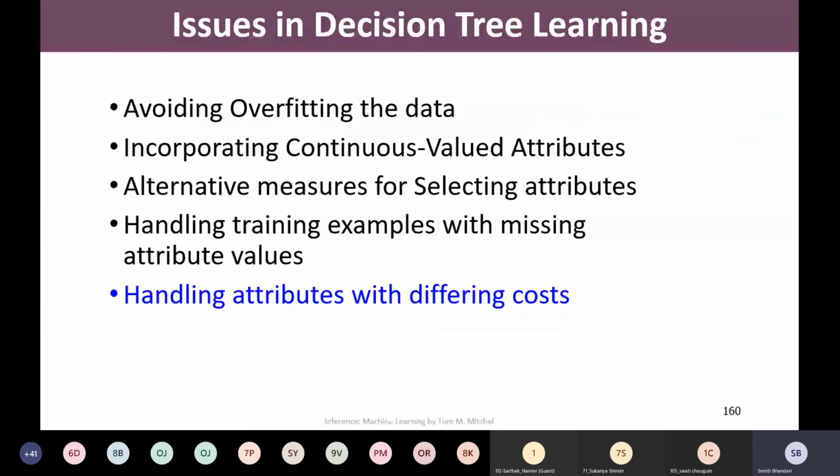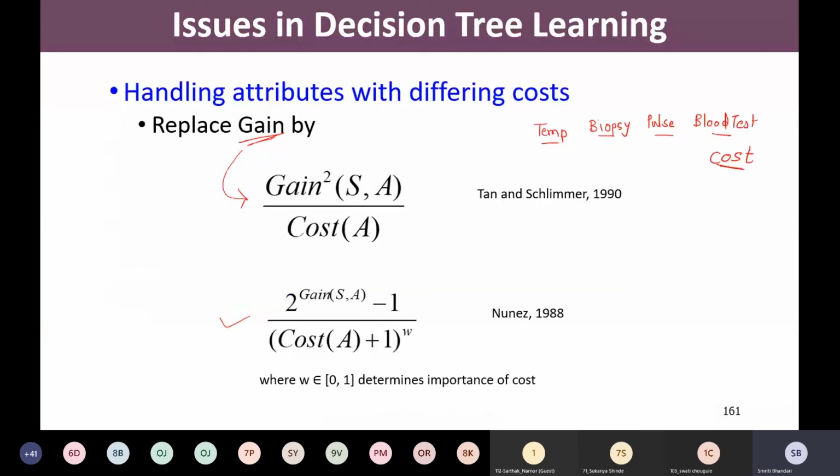So these are the 5 issues in the decision tree, and in brief I explained how to deal with those issues. I hope you have understood at least a little about those issues. We are not going into the details of all of them, but whenever you use a particular library for implementing a decision tree, that library deals with all those issues to provide you the appropriate solution.